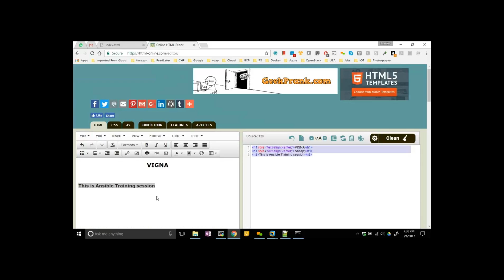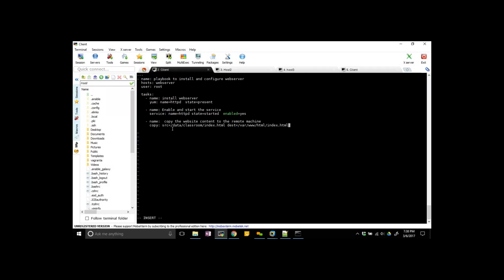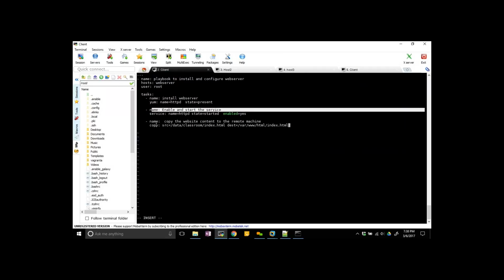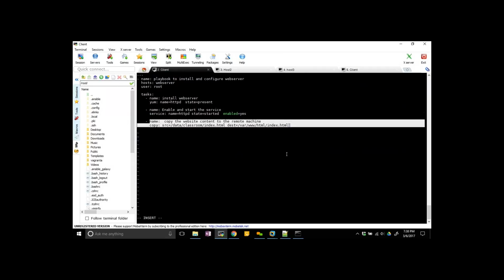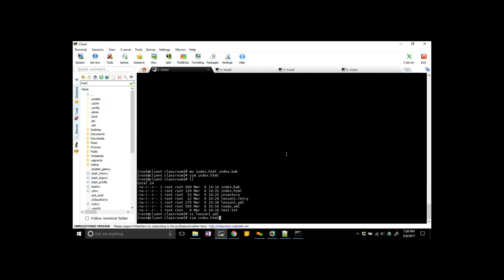Okay. So what I'm doing now, we just created a web page, right? This is our web page. So I have taken a single file, and this file will be copied after we install the web server, enable the services, and copy the content. Okay. Now run the Ansible again.